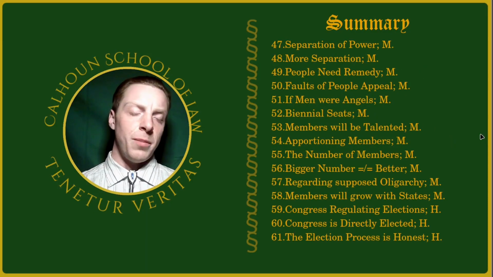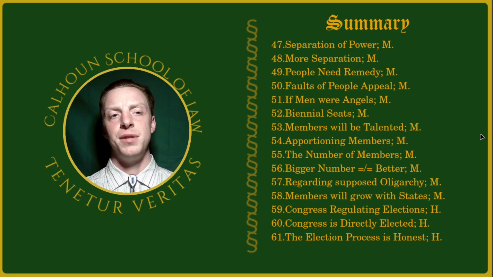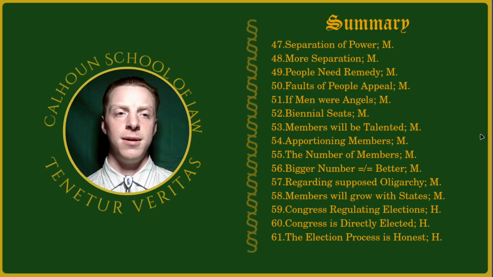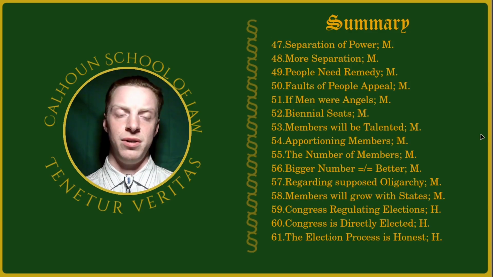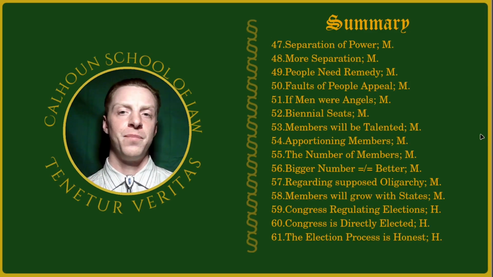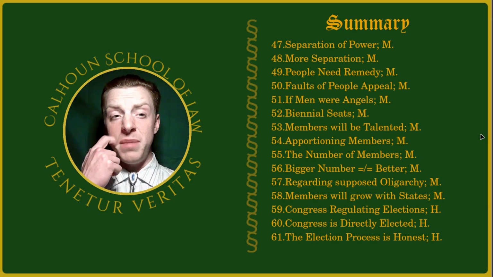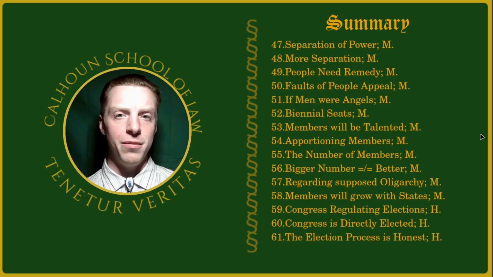Number 47, separation of powers. Madison talks about the necessity of having these 3 distinct branches and how they provide checks and balances against each other, thus prolonging the focus on maintaining and preserving liberty of the citizenry. 48, further explaining how the separation of powers is both beneficial and necessary, especially for a republican form of government.